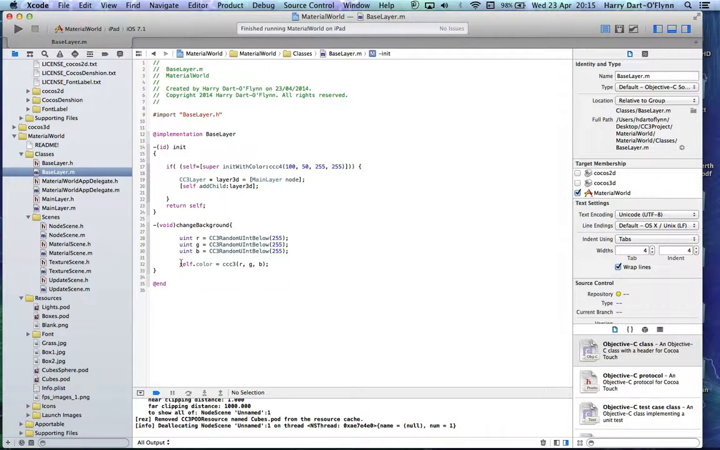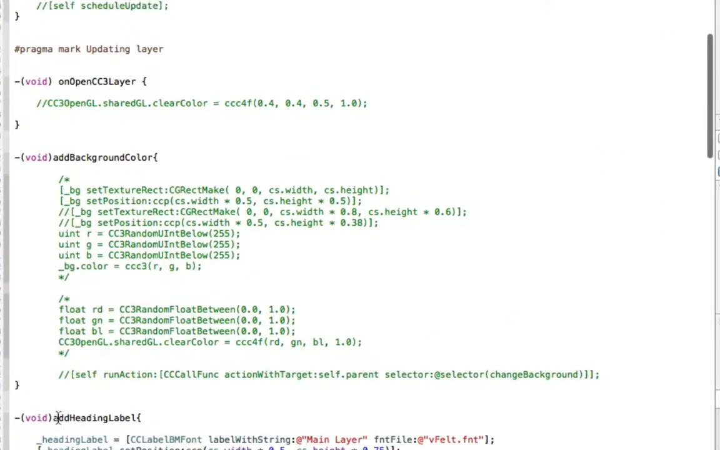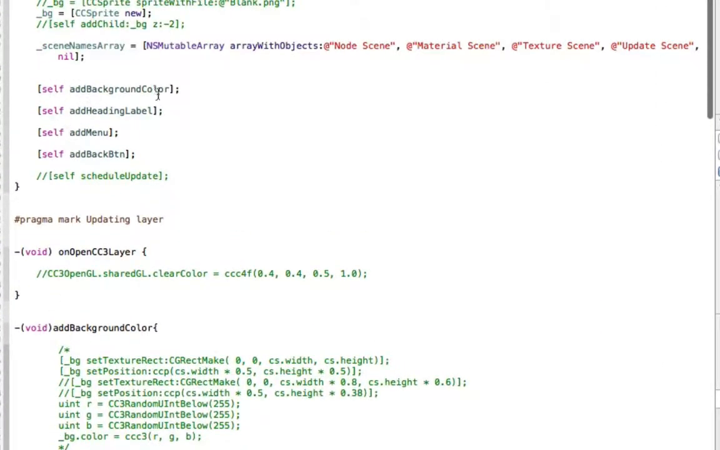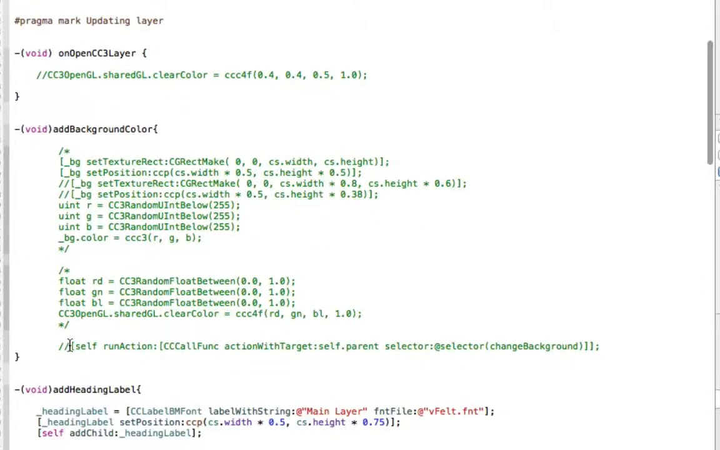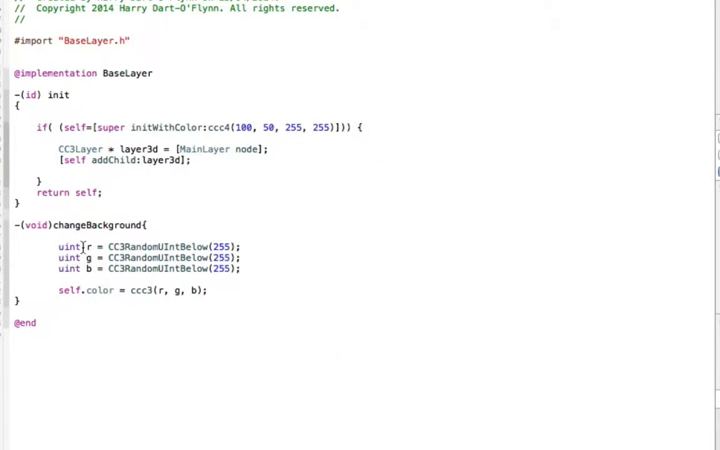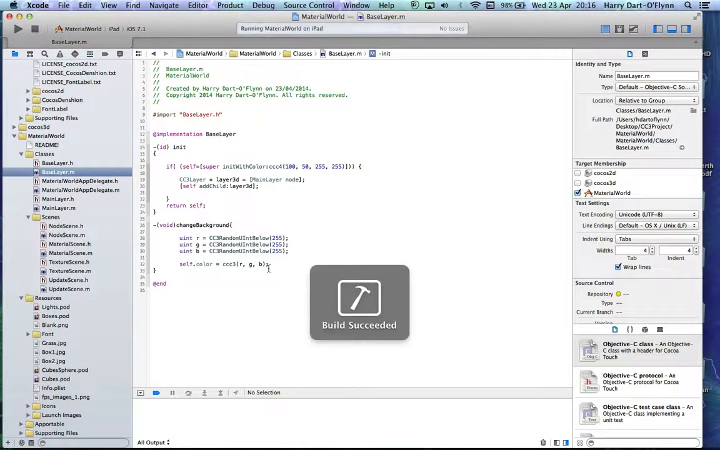I have this ability to change that background color, and I can implement that in the main layer so that when the main layer opens, it adds a background color. And if I uncomment this line here, it'll run an action to call on the target, which is its parent, and its parent now is the base layer, and it'll run the change background selector on the base layer, which we've already seen just goes through a random selection of color and numbers and gives a color to the base layer. So if I run it again now,